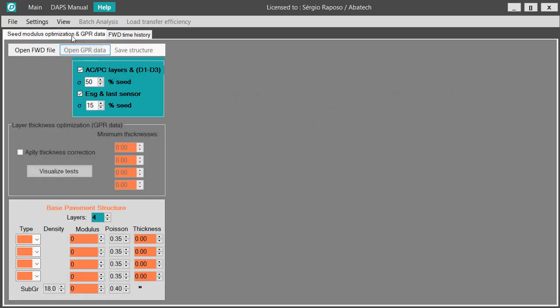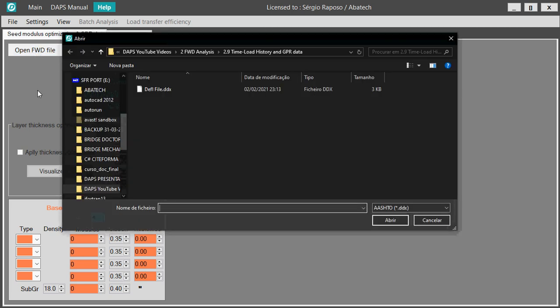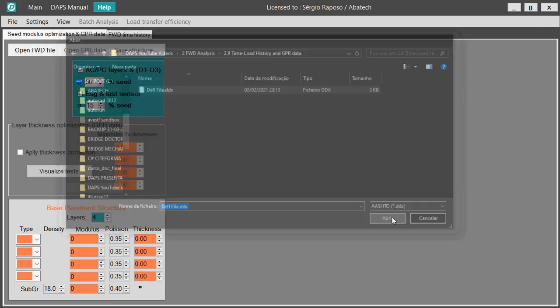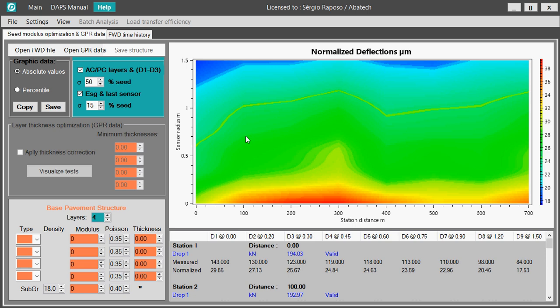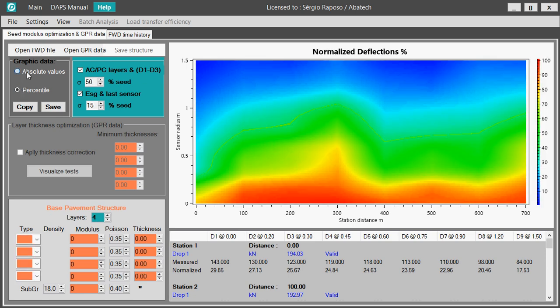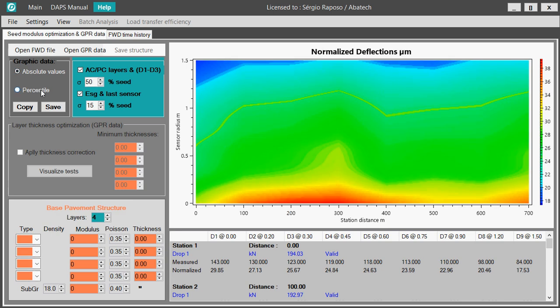The FWD utilities window also has another very interesting feature, which is the possibility of reconciling GPR data and FWD data. So let's imagine that we have an FWD raw data file, something very simple, like we've seen before. We can also visualize it in terms of absolute values or in terms of percentile, and